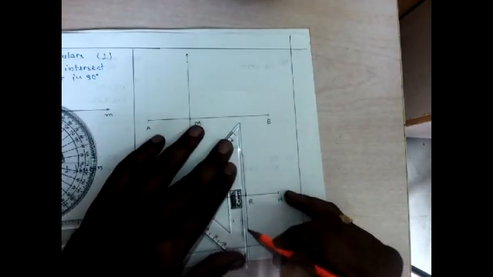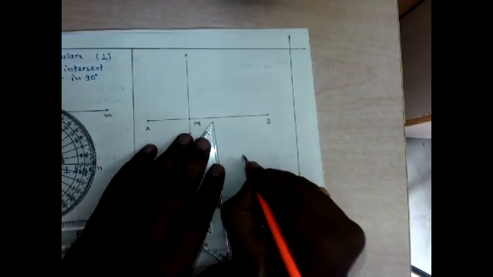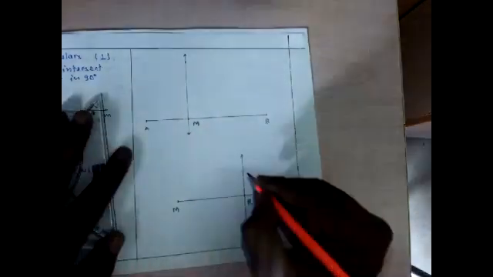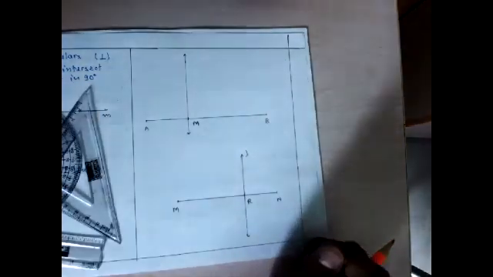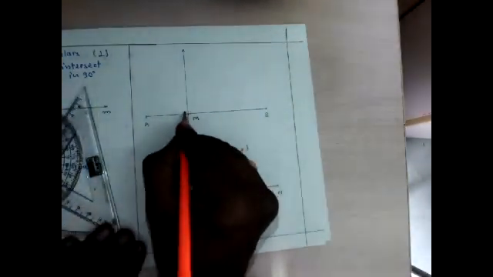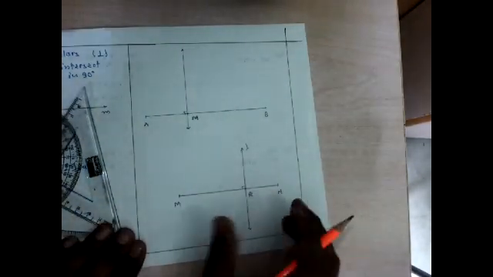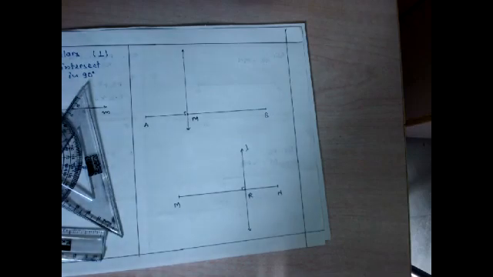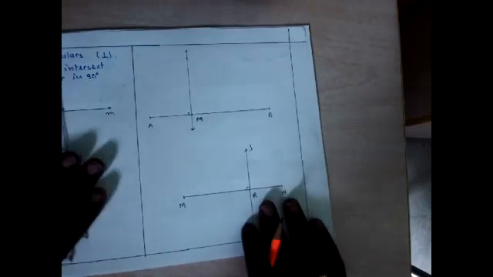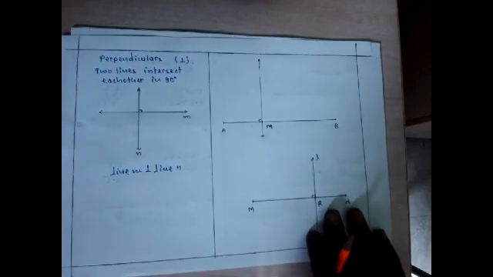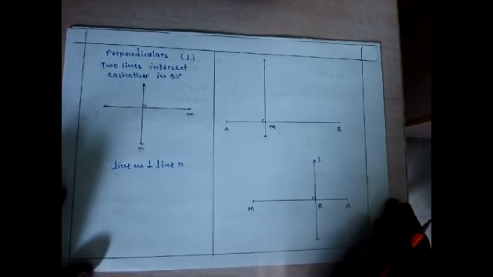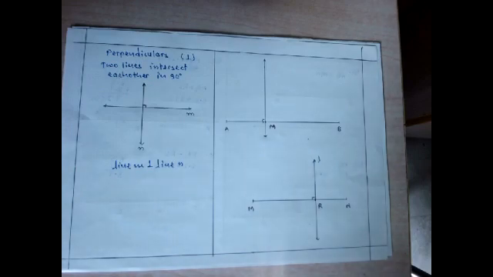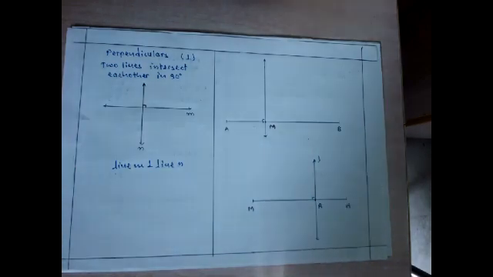Then I will extend this segment, and so line EL is perpendicular to MN at point R. Clear? Very easy concept. So this is the total concept of perpendicular. You understand the concept of perpendicular lines? Yes? So without wasting your time, we will move forward to your exercise